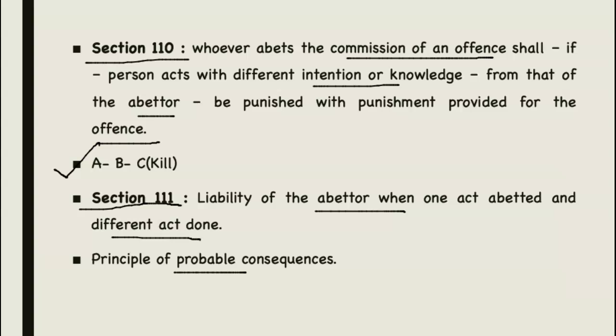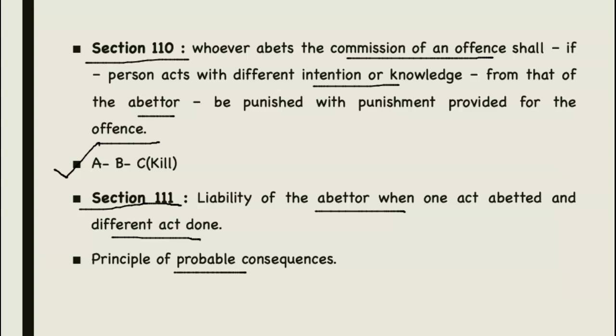So, what happens in this case is A, though guilty of abetting the burning of the house, is not guilty of abetting the theft. Why? Because theft was a distinct act and was not a probable consequence of burning. So, the principle of probable consequences basically states that every man is presumed to intend the natural and probable cause